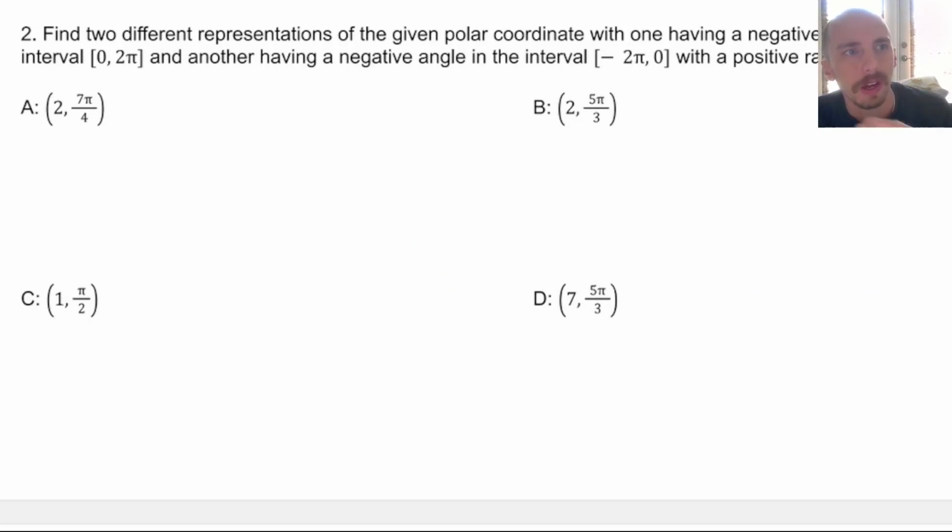Now we're going to find two additional representations of the given polar coordinate, one having a negative r value on the interval 0 to 2 pi, and another having a positive r value and a negative angle. To get the negative angle, I think that'll be the easiest one first. We just subtract 2 pi from theta. So 2 and 7 pi over 4, I'm just going to do the one with the negative angle